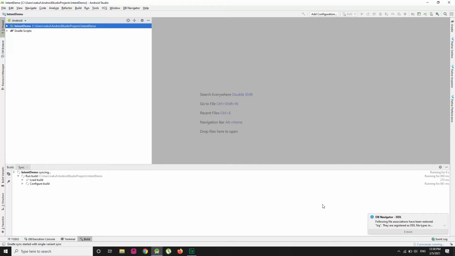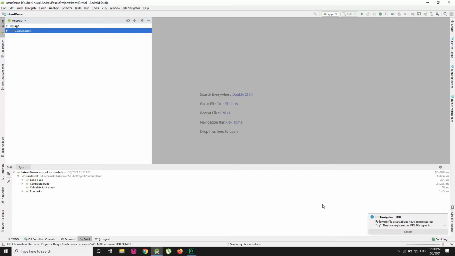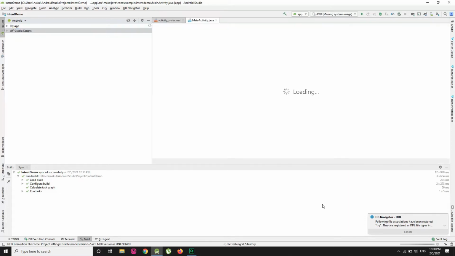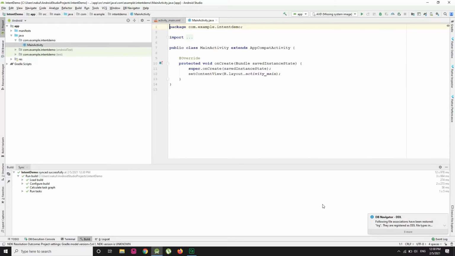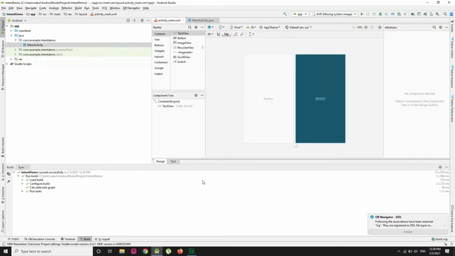In the explicit intent I am going to switch from one activity to another activity on button click, and with implicit intent I am going to open a browser using the URL google.com, right? So let us start the implementation.